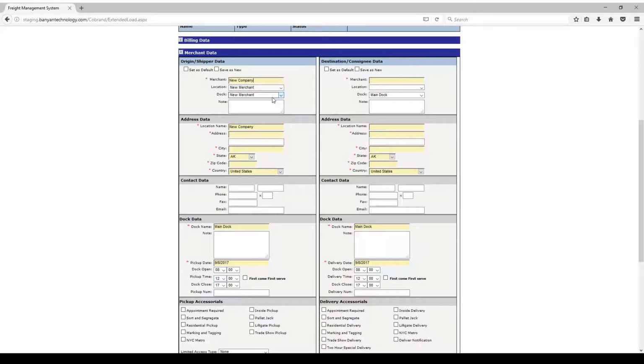And the nice thing is we can save this merchant as a new merchant, so that next time we open it up, the information can be auto-populated. And you can do that right here. You can select Save as New, which we will do, and you can also select right here Set as Default, so that next time you open a shipment, all the shipments are going to be coming from our company, this new company that we've created, and we don't want to have to type it in every time. So we set as default, and here we enter our address,